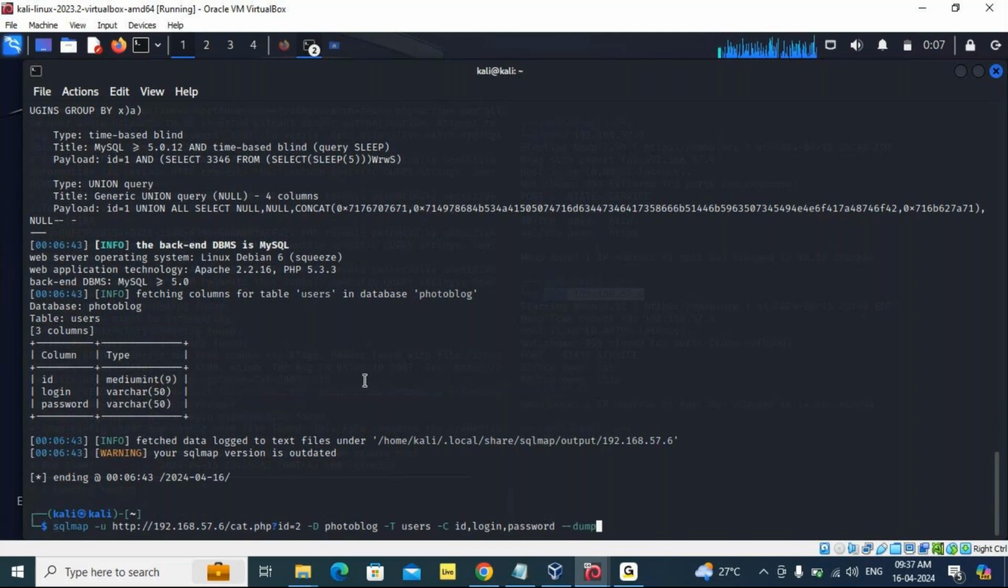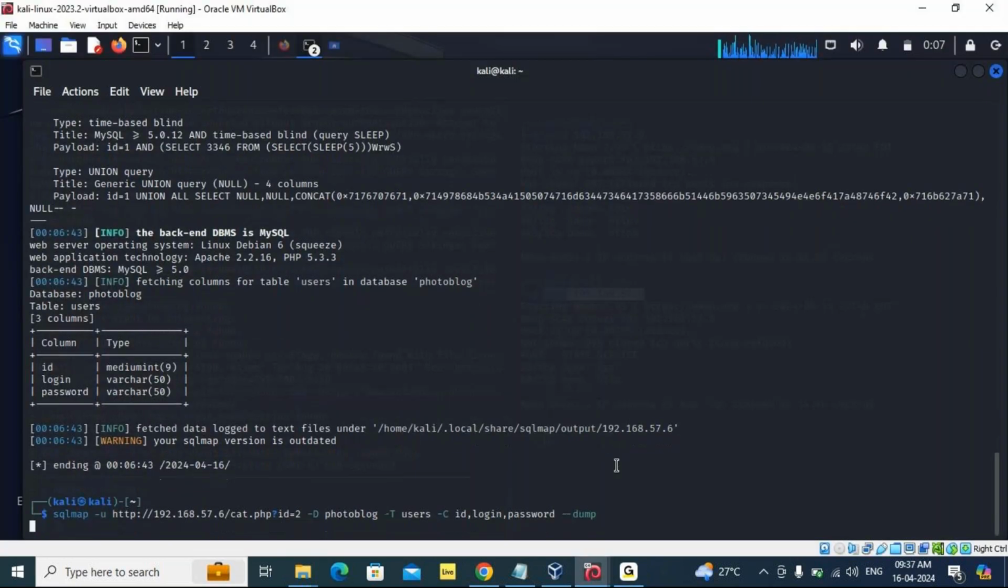So in this command, we are going to tell SQL map to look at the photoblog and specifically also look into the table called users, where we have three columns. So we want to dump information from the columns ID, comma, login, comma, password. So now we are going to press enter,